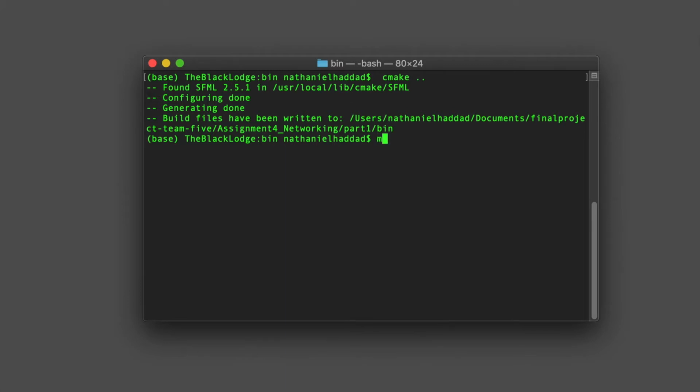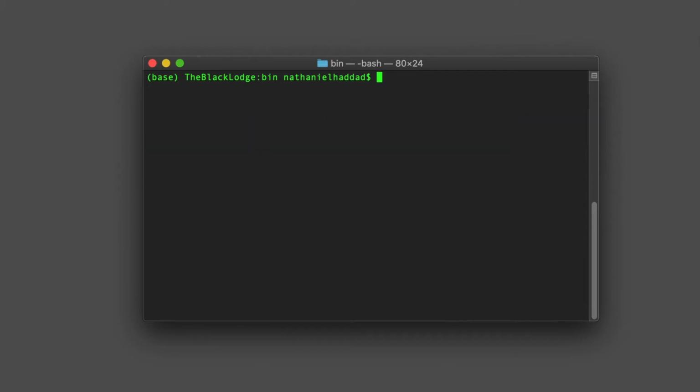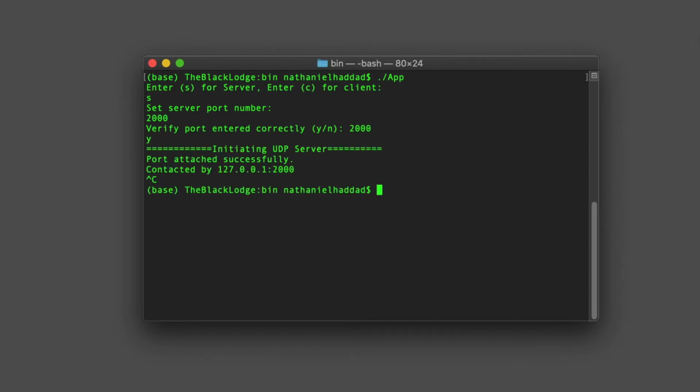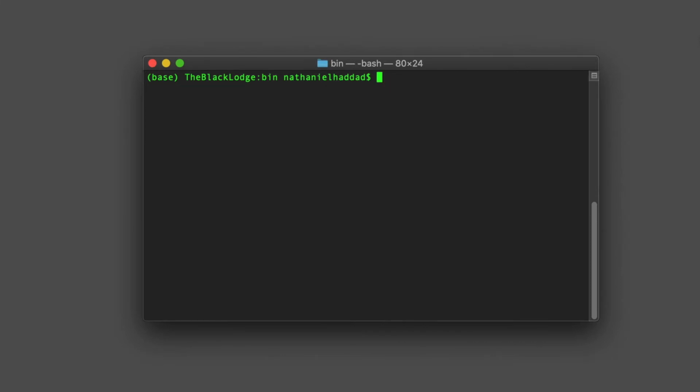Once you've run cmake space dot dot, run the make command. If you're on Windows, you'll finish the build process using Visual Studio. Anyways, make will generate our executable, which will be run with ./app, or just app if you're on Windows. At this stage, a user can compile our program in either the normal or debug mode, but the makefile will need -D_DEBUG depending on whether or not you as the user want to see the flow of control of the program